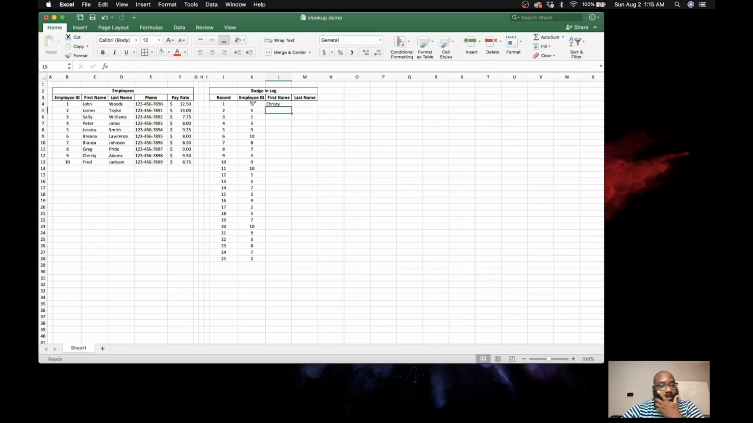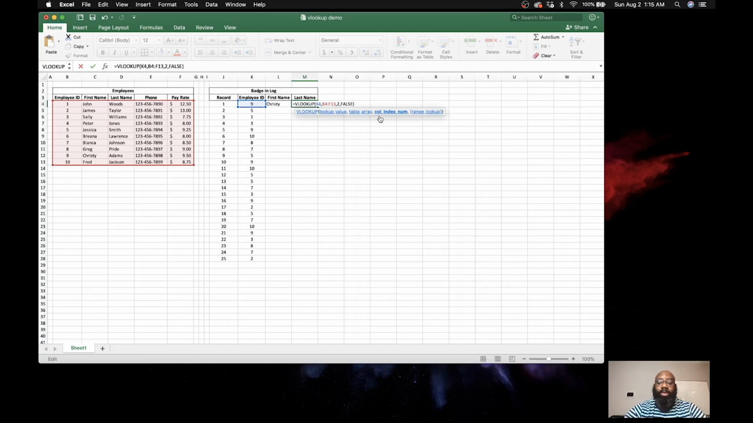And this makes sense because the person with employee ID 9, their first name is Christy. And so I'll come here, and let's say I want to look up the last name too. I can just copy this function and paste it here again. But with this one, I don't need the first name, which is the second column. I actually need the last name, which is the third column. So I'll come here and replace this 2 with a 3. And now I have my data. So at that point, I can just